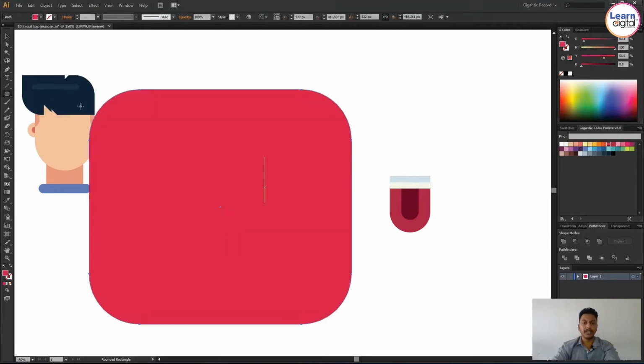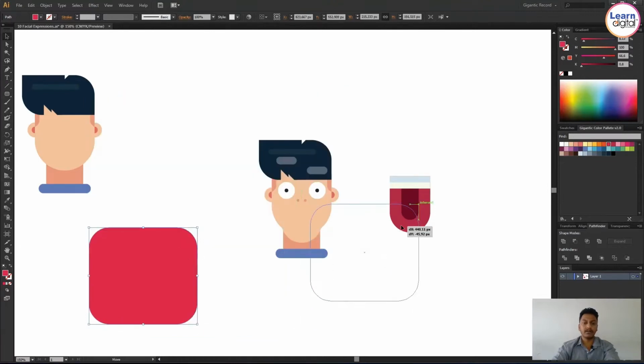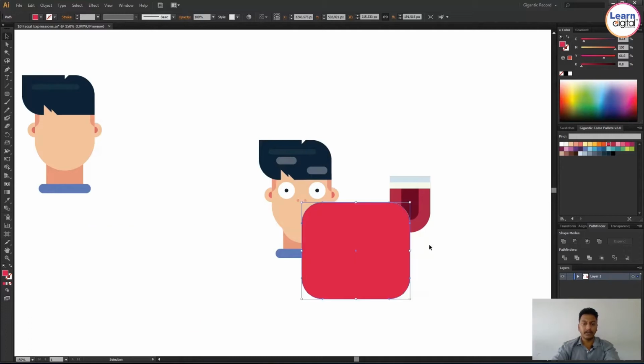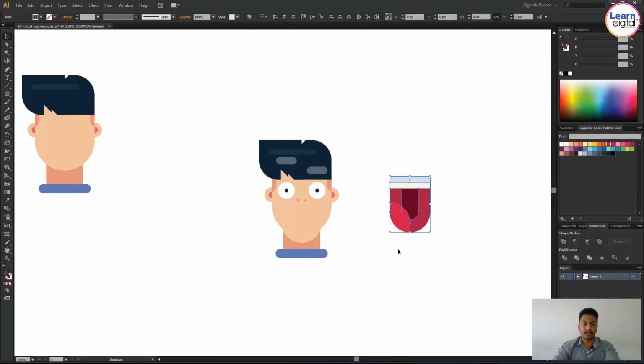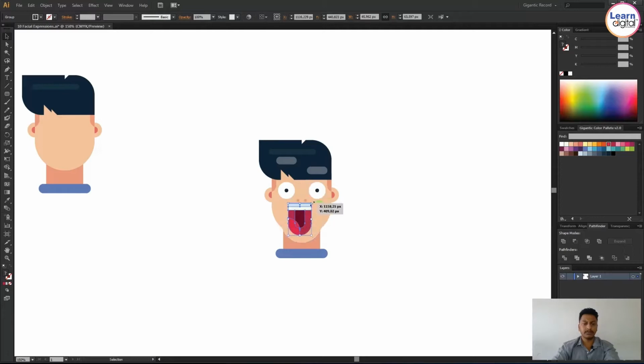Then only a few shades and parts I need. That's why I'm using one rounded rectangle and placing it on the tongue. Then select both the things and divide. I'm using Divide. Then ungroup it and delete the unwanted area. Now it looks like a tongue properly, a tongue with a beautiful pink and red shade. Wherever you need, you can place it. And also the major thing is the color, the placements and alignments: where you need to place, in which area you need to place.